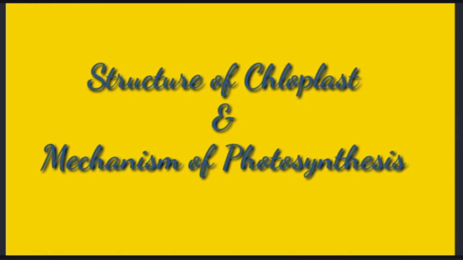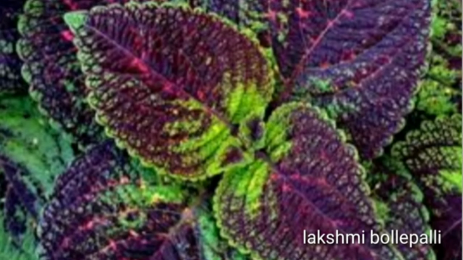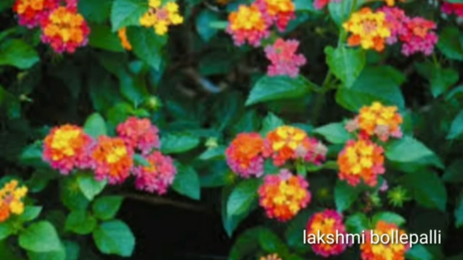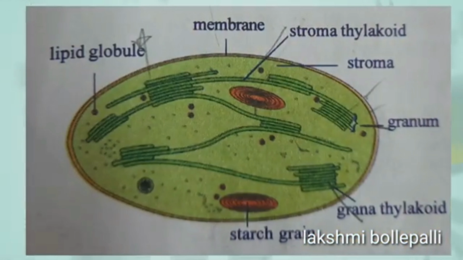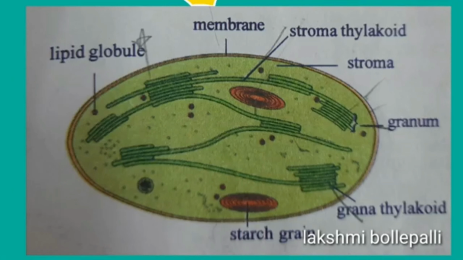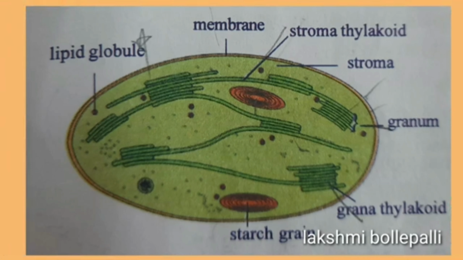Plants having different colored leaves. These colored leaves also carry photosynthesis. Chloroplast containing different types of pigment molecules organized into pigment system. Chlorophyll is one among the several other pigments present in chloroplast. All these pigment molecules including chlorophyll are required for photosynthesis. We discuss in detail beyond the textbook for more understanding.